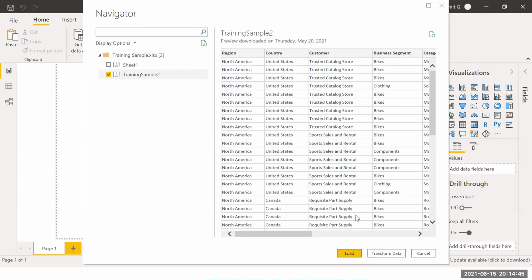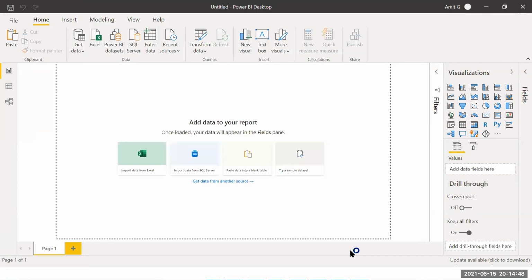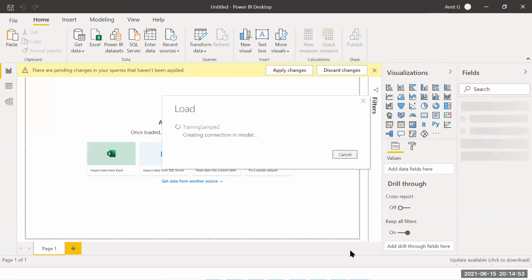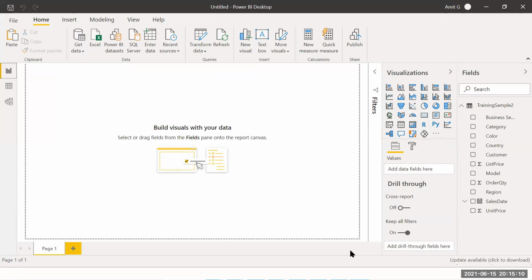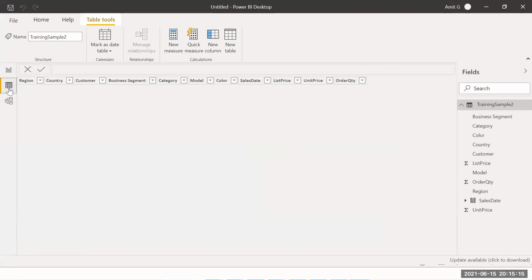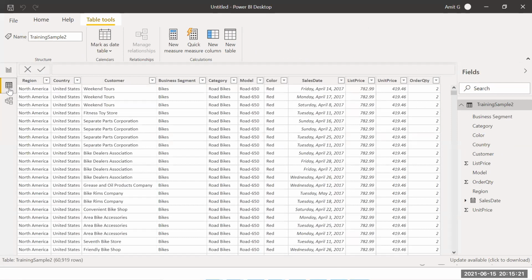Please load the data of training sample 2. Now when you come to the data view, you will be able to have a quick glimpse of the data. You can see all the data that we were seeing in Excel, we can see a complete glimpse of that here in Power BI.